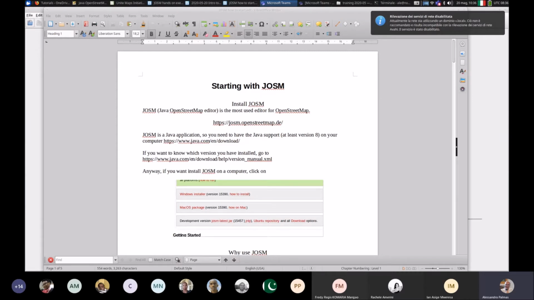So JOSM is a Java-based OpenStreetMap editor, and so it needs your computer to be running Java as support. There is an installer, but as a Java application, you could also just load it without any installation. But anyway, if you go to